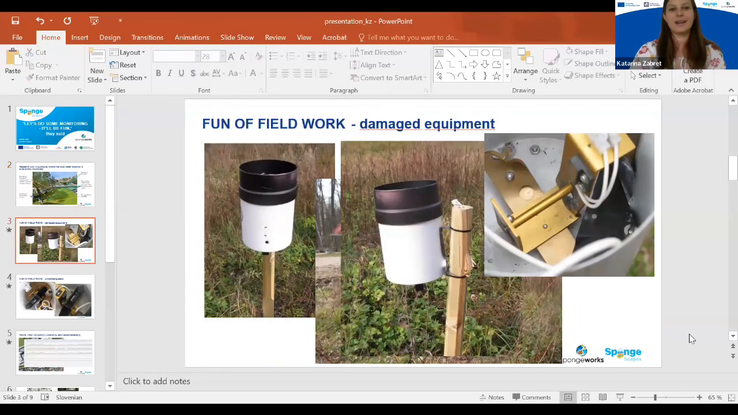However, the fun on the field begins there. I'm not sure if you all know this equipment. This is